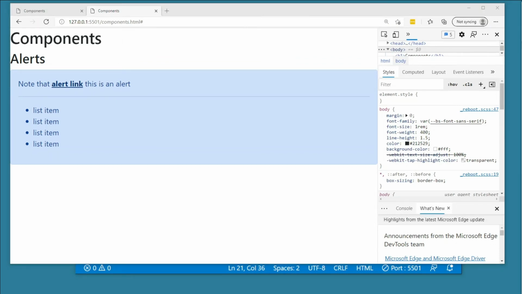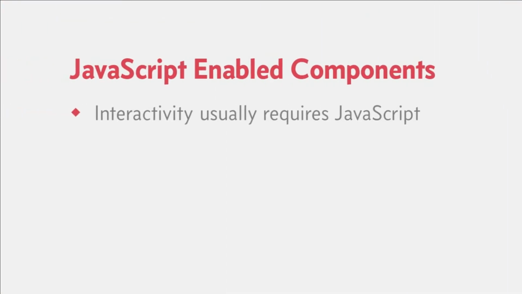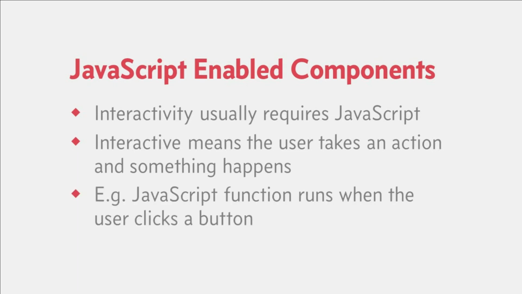And this brings in another topic that we haven't covered yet, which is JavaScript-enabled components. Most interactive parts of a website require JavaScript to run. By interactive, I mean the user takes some action and something happens. So for example, the user clicks a close button and the thing they're trying to close disappears. And that's exactly what happens in the case of an alert. So to make this happen, you need JavaScript running in the background, which will be triggered when the user hits